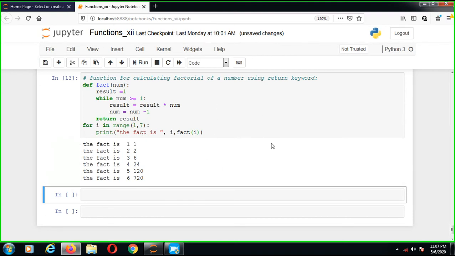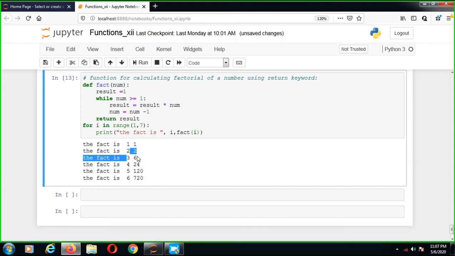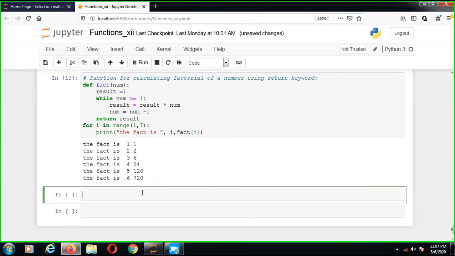So it will move on and multiply: 1 into 1 is 1, 1 into 2 is 2, 2 into 3 is 6, 6 into 4 is 24, 24 into 5 is 120, and 120 into 6 is 720. This is the factorial program. So are you getting my point, friends? How can we use functions?